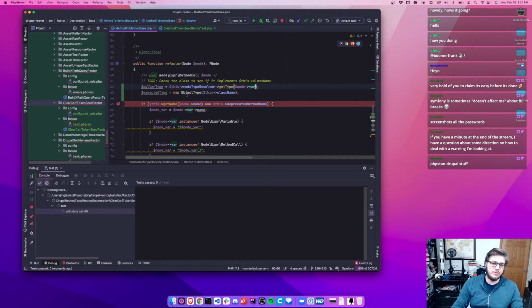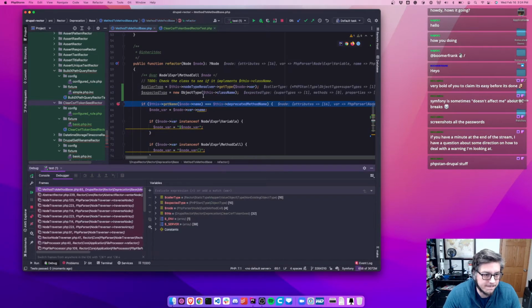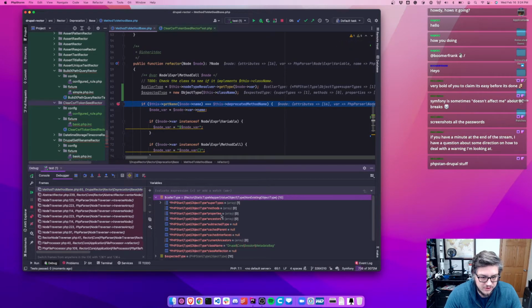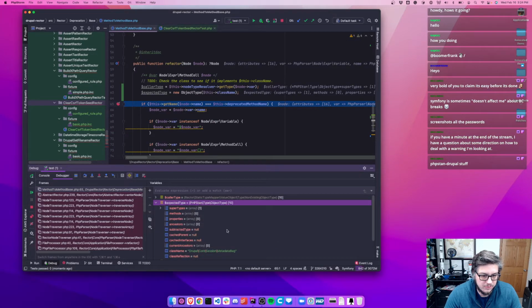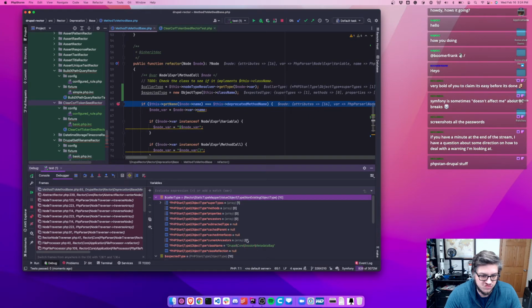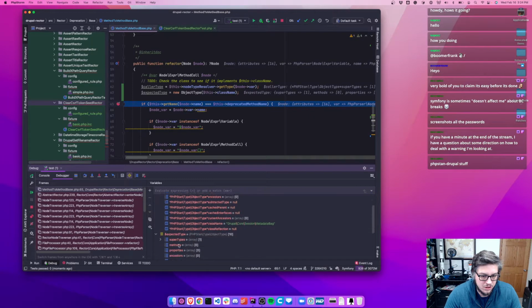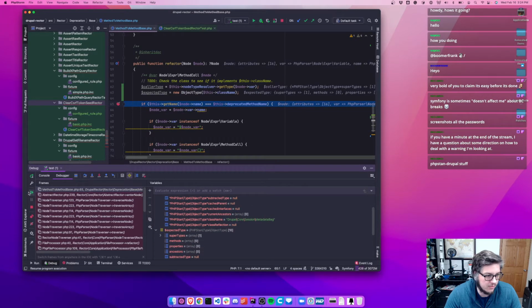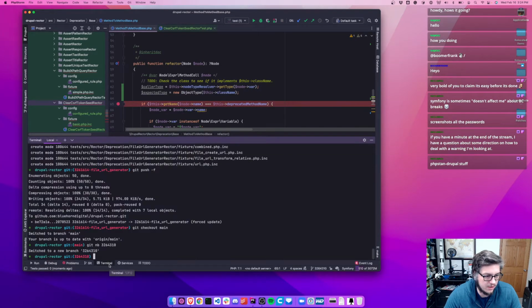So caller type and expected type. So the caller type, non-existing object type of Drupal core session metadata bag. And expected type is the same thing. Drupal core session metadata bag. So let me hit stop and